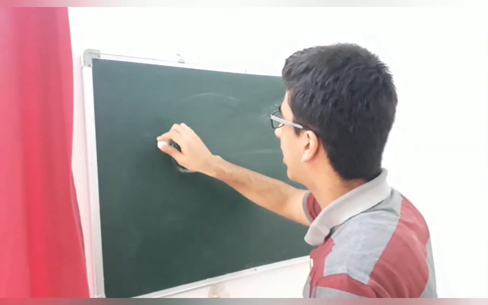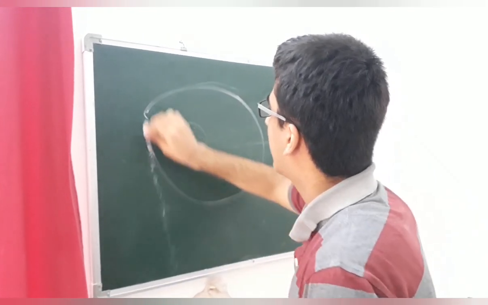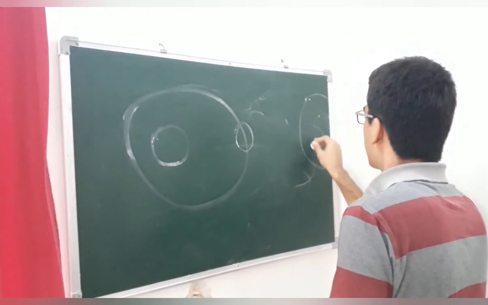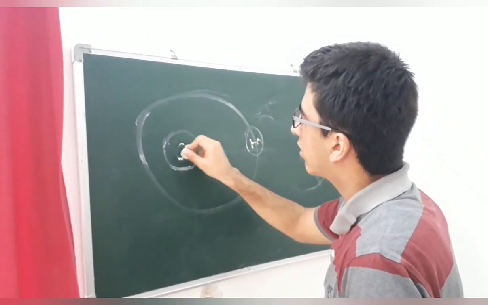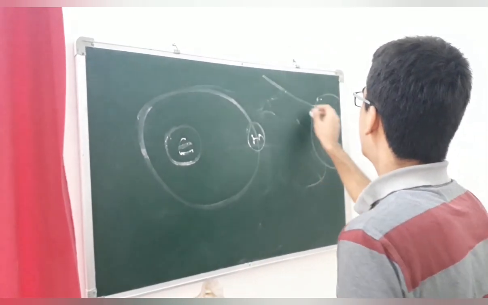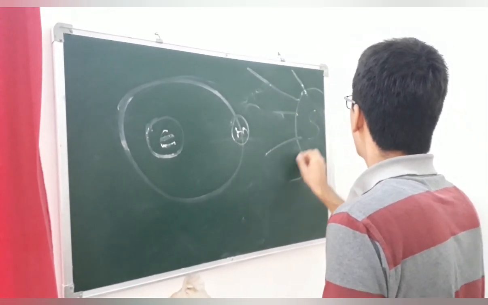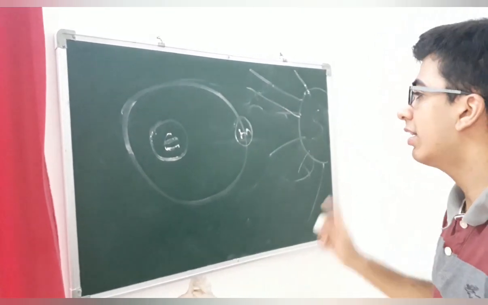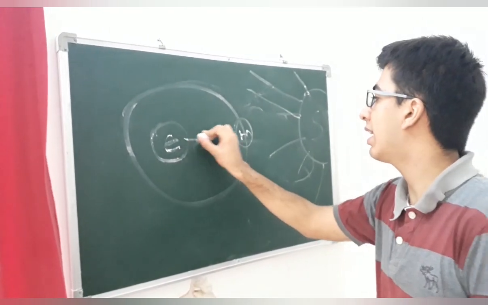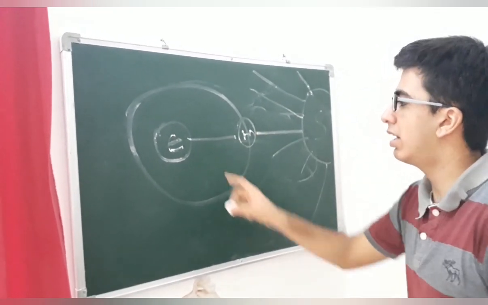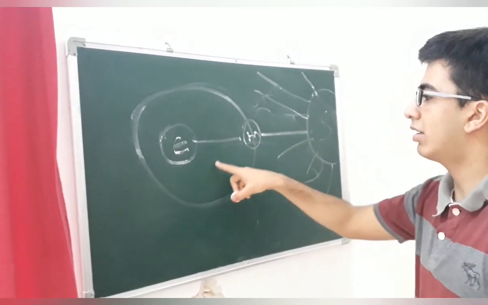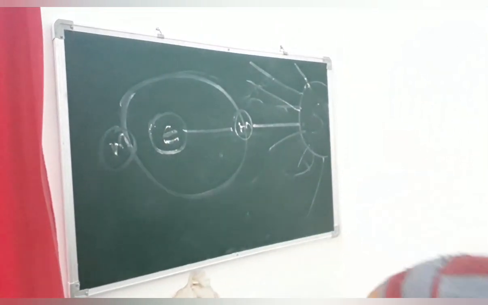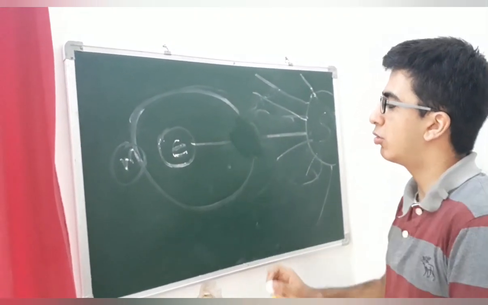So this is the sun again, this is the moon, and this is the earth. The sun gives light everywhere, and the light is radiated everywhere. When the moon comes in a straight line with the earth, which is in a straight line with the sun, so when these three are in a straight line, we call this a solar eclipse. If the moon is on the back, if the moon is here instead of there, then we call this a lunar eclipse.